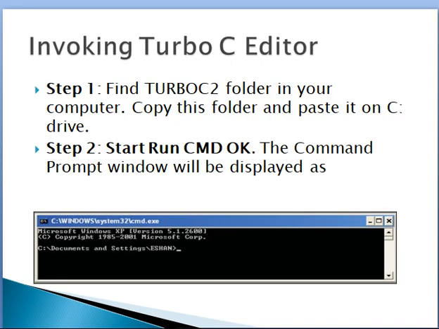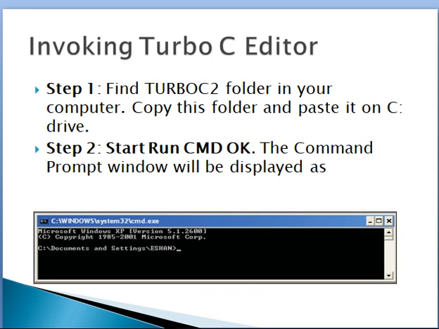To install the Turbo C software, download it from the internet. After downloading the software to your computer, follow these steps. Step 1. Find the Turbo C2 folder in your computer.